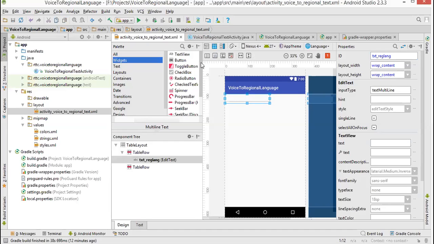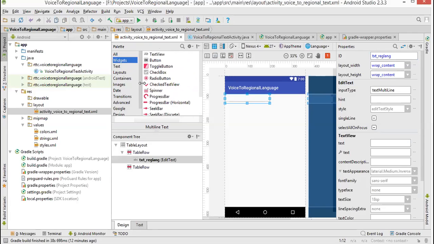So image button. Spinner. Yeah. Spinner combo box. Combo box. Not images.